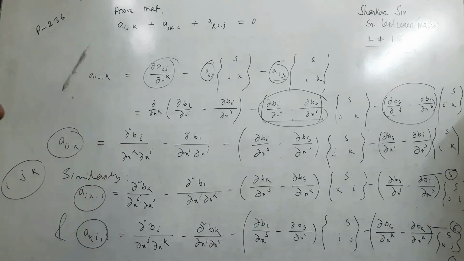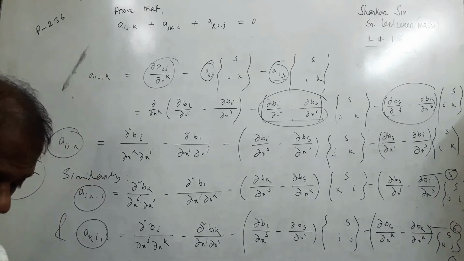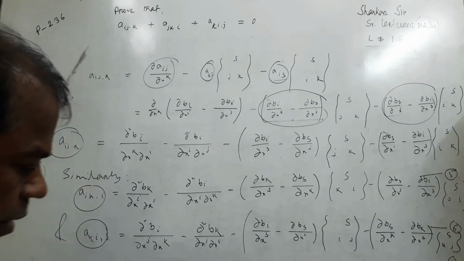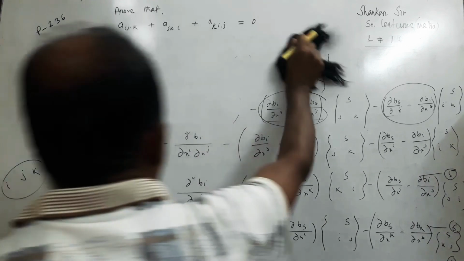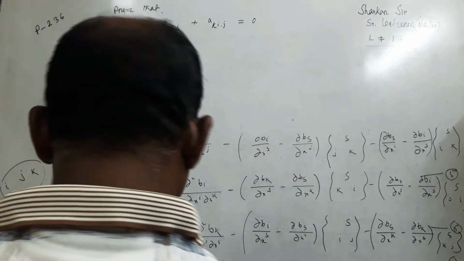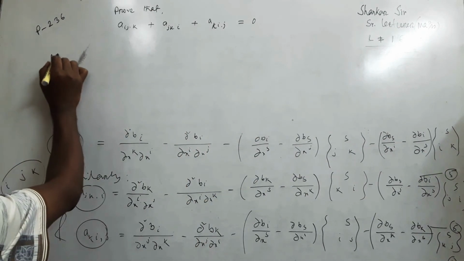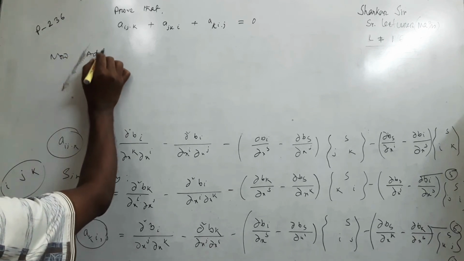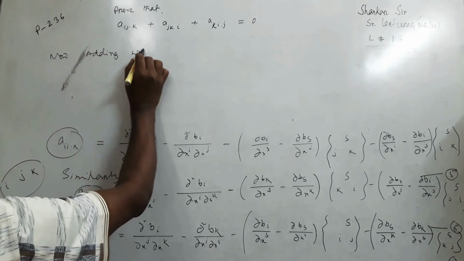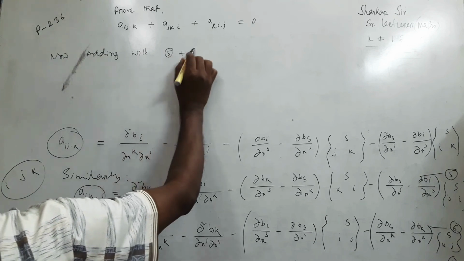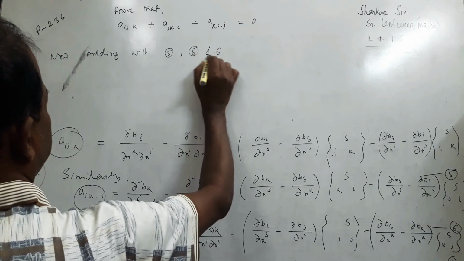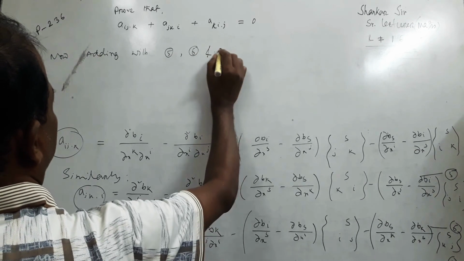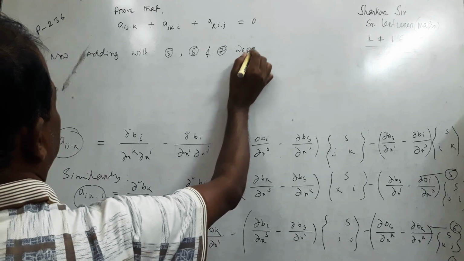This formula 5, 6 and 7, then adding with 5, 6 and 7 is earning of a i j. Now adding with 5, 6 and 7, we get